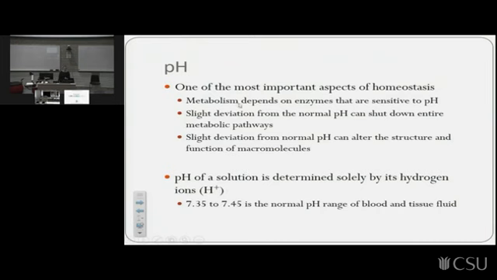So metabolism depends on enzymes that are sensitive to blood pH. A slight deviation from the normal blood pH can shut down entire metabolic pathways, and it can also alter the structure and function of many macromolecules. So changes to acid-base balance, if we ever deviate from the 7.35 to 7.45, happen because